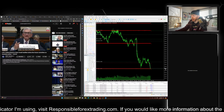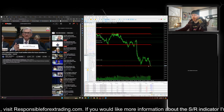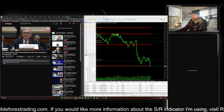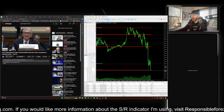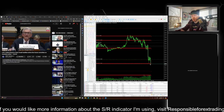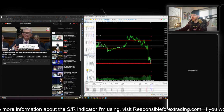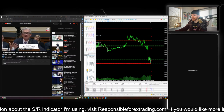All right, so I want to see price breaking through this 1.72 round number level, which is pretty important for the pound CAD. Once it breaks this level, I think it will open up the floodgates and push a lot further down. So somebody was asking how long will it take to recover